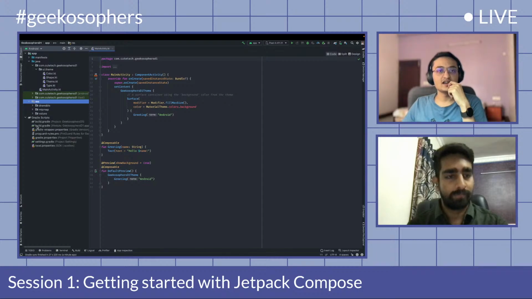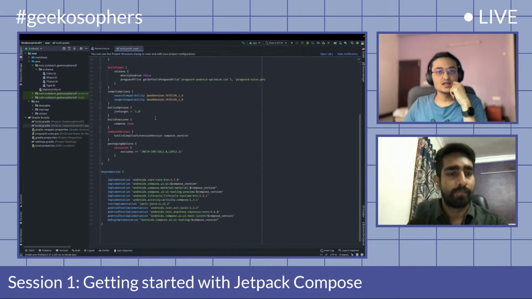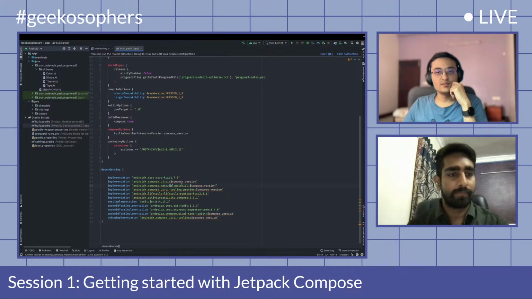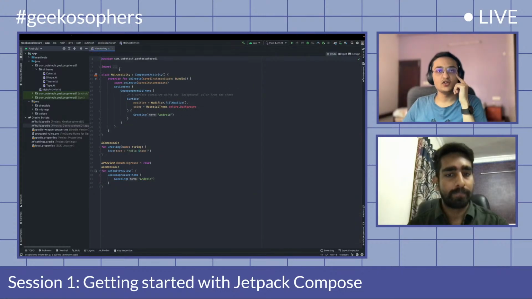And inside the Gradle script, we now have the compose, then compose UI tooling, lifecycle runtime, and lifecycle compose, activity compose. That's it. And if we go through this activity code,